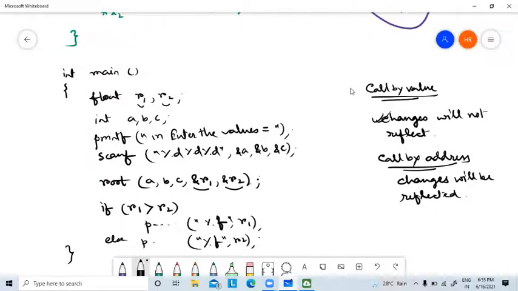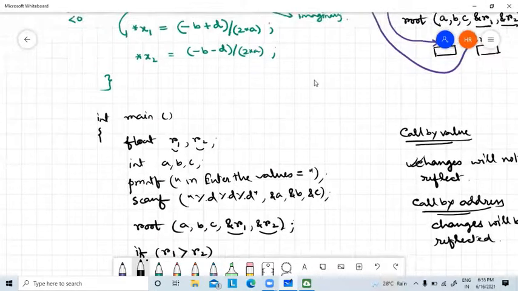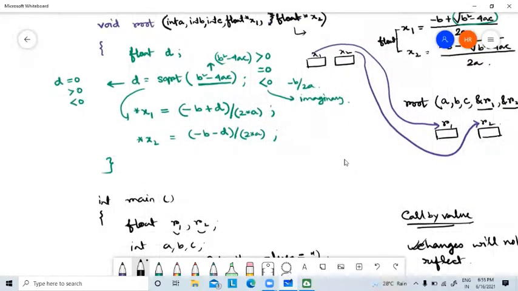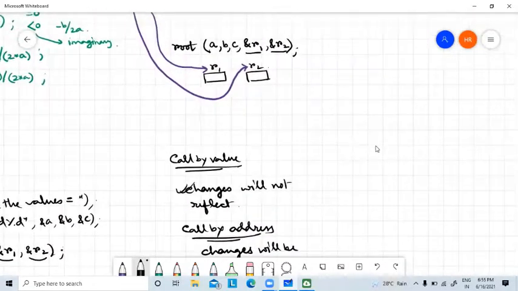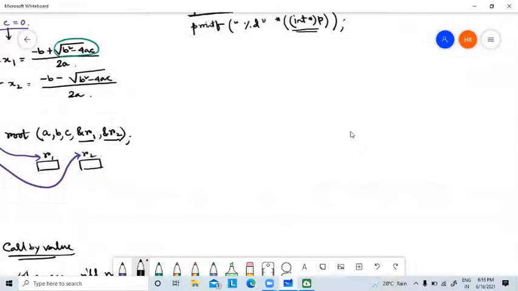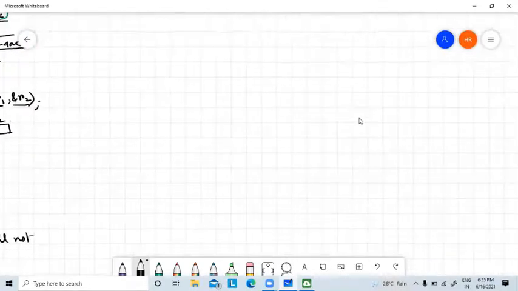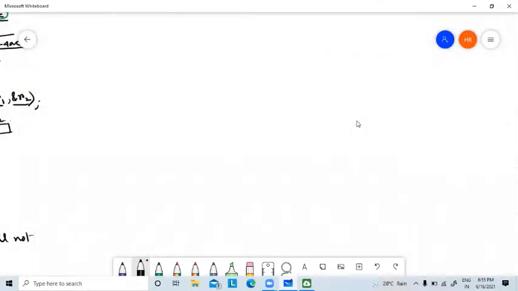Now see, in this program, we need two values from a function, but we are not able to return more than one value from a function. That's why how we are solving it? We are solving it by performing call by address, and when we are passing addresses, we have to store the address in a variable, so we require pointer variables.